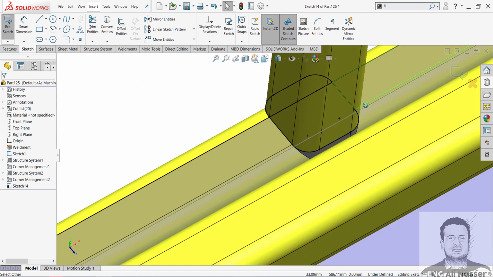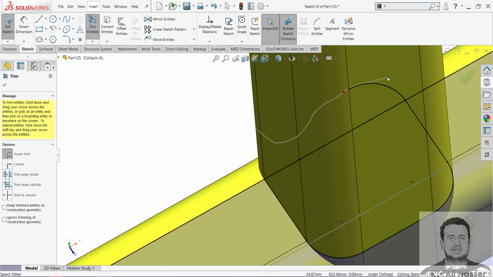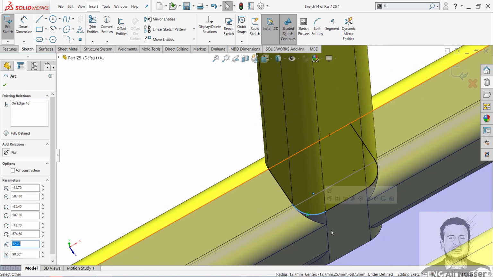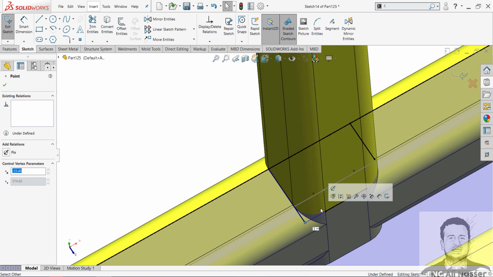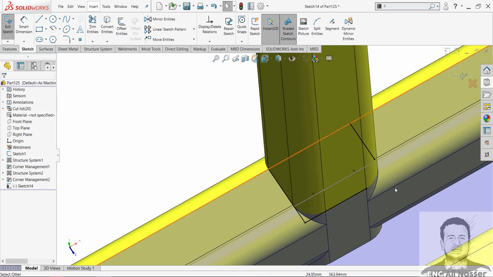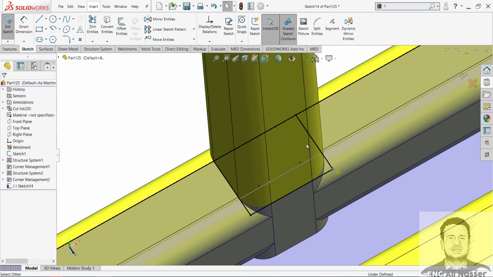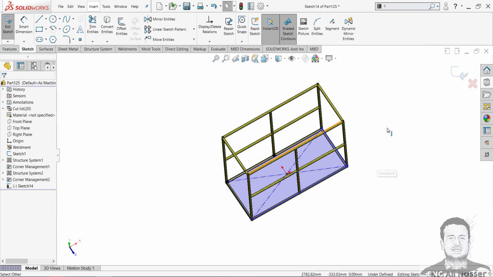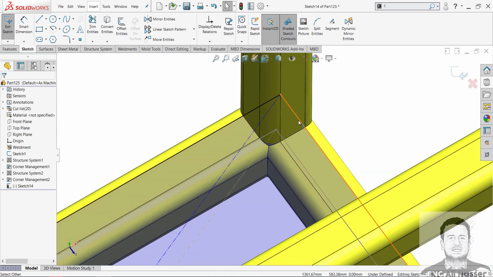Let's convert this face and delete or trim the unneeded. I will delete the arc also here and meet the points to each other. Here again, trim this segment. Also here,